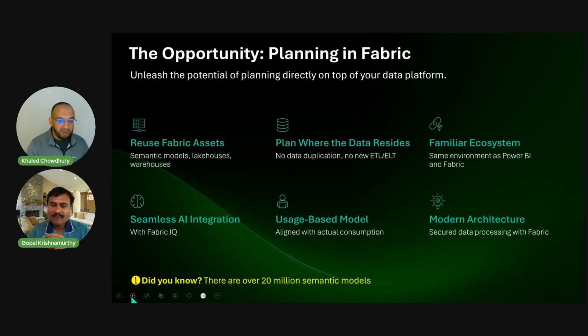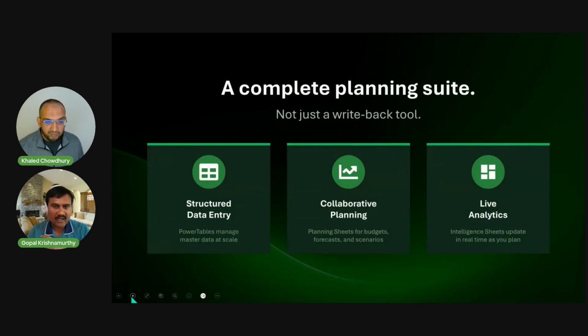So when people are thinking about writing back, Fabric Planning is a solution to keep the data centralized where you are already. In OneLake, write to Fabric SQL, it will land in OneLake. If you want to take it to Snowflake or Databricks, use the shortcut and mirror. Perfect. The reverse part, because now we are completely interoperable between Databricks and Snowflake at this point. Exactly. So it's a much simpler, leaner architecture.